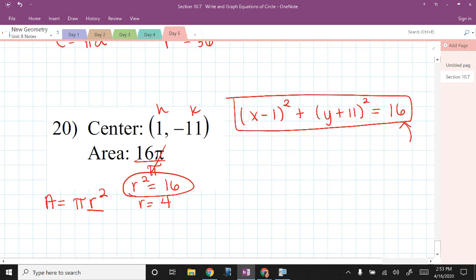So hopefully we have learned about equations of circles. Again, I'm showing you this because I know you'll see this in Algebra 2 and college algebra and other maths you might take, and I just want to be a help